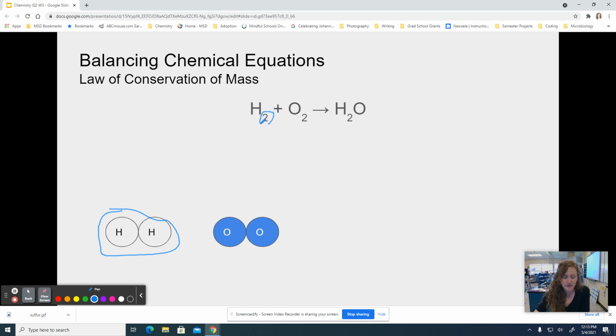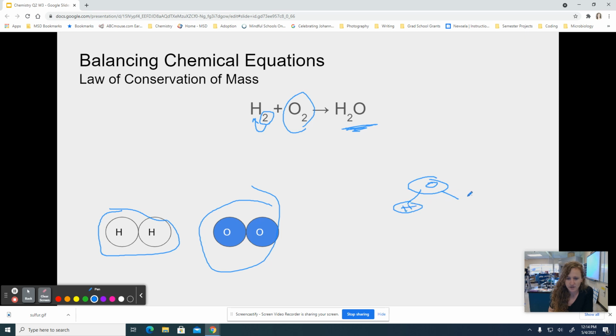So we're going to revisit subscripts in just a minute, but remember that subscripts tell me the number of atoms that I have. I also have two oxygens, one oxygen molecule that contains two oxygen atoms, and then those two combine to make a water molecule. So the water molecule, as I have it written, is one oxygen